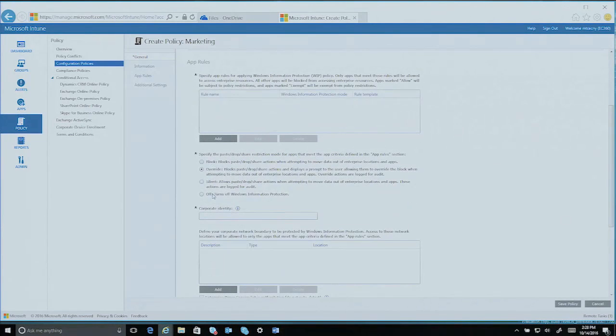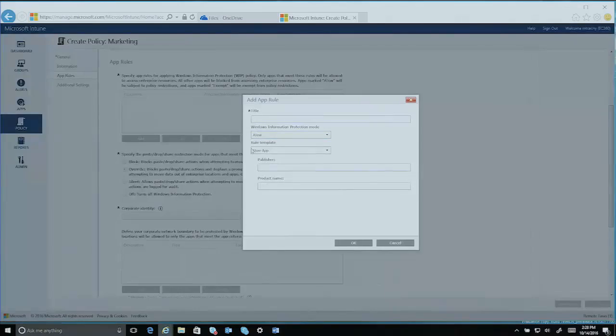Now, I have a couple of different ways that I can do this. First off, when I add an application inside of here, I need to be able to give it a title. I'm actually going to do one here for Word. Okay? So I can say allow or exempt. It's going to be an allowed application. And I've then got multiple options here. As you can see, I can pick a store application or a desktop application. I can also use an AppLocker policy file. So if I have an AppLocker policy file that's been generated for an existing application, I can take advantage of that.